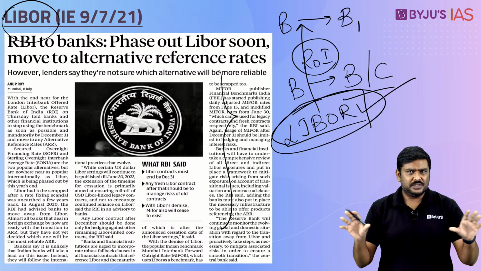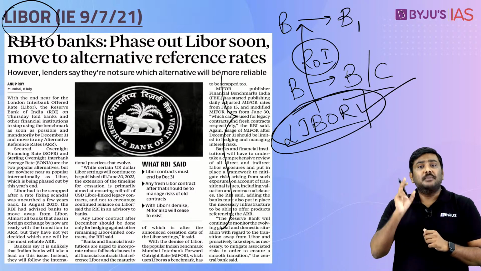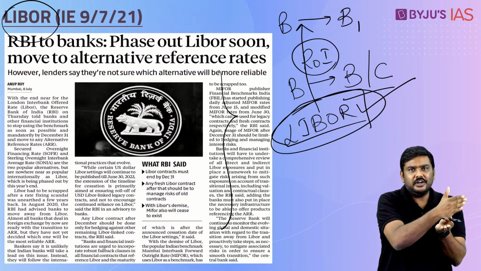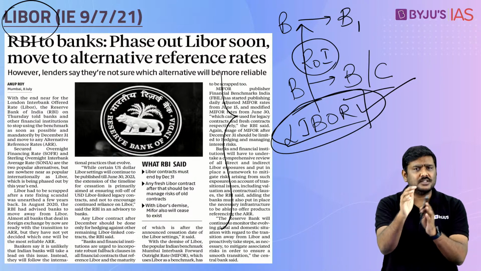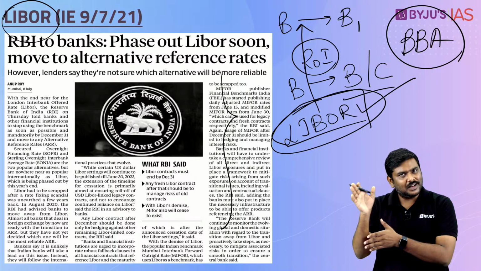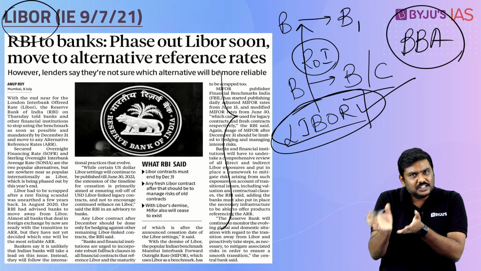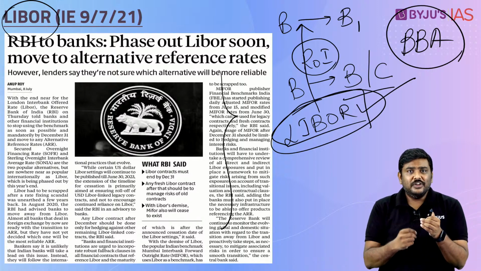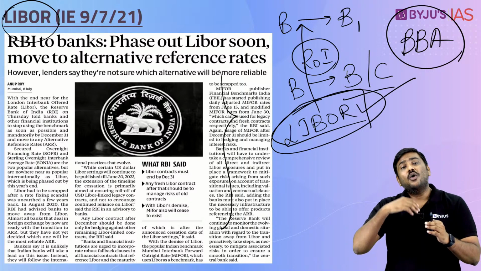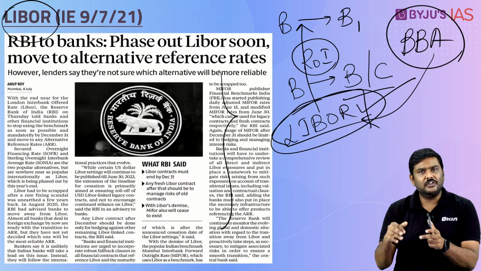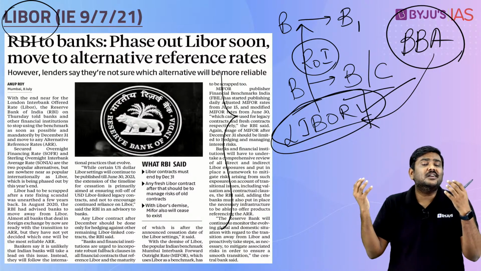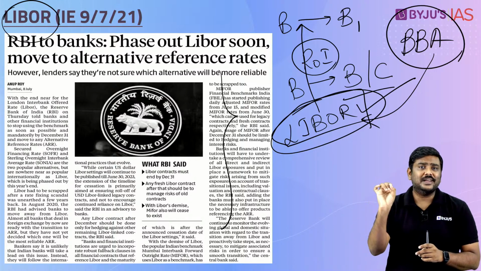You do not have to mug up the process of calculation of LIBOR, that is not important. But what was the scam? Imagine all of us are the people reporting the rate of interest to one authority, the British Bankers Association, BBA. This was the authority involved in publishing the LIBOR rate. Now, what if we misreport or falsely report the rate of interest to this authority? Obviously, the LIBOR that is calculated will be wrong, and because this is used mainly as a benchmark, most of these transactions will also be affected.